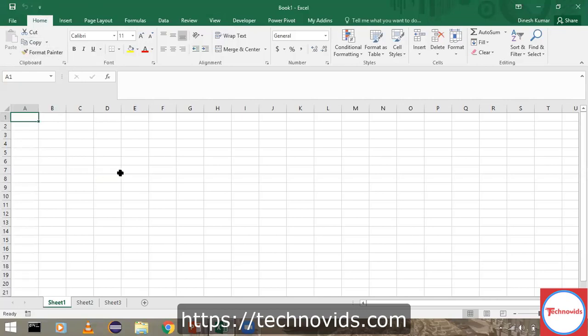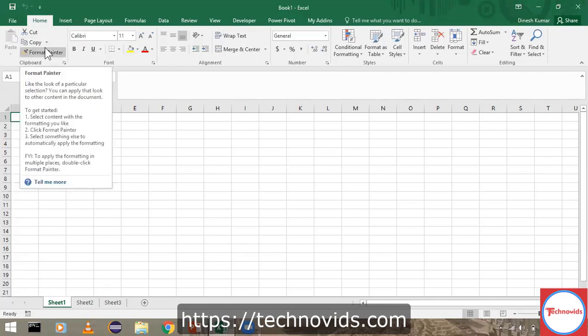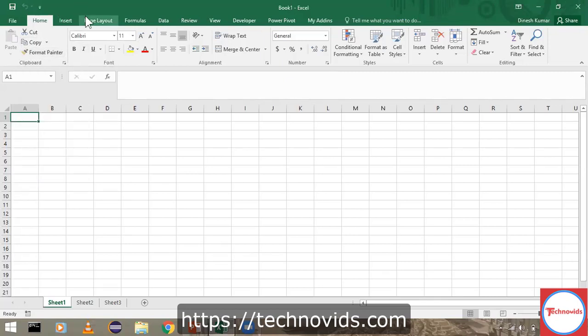Basically, if you try to understand the Excel user interface, I guess most of you will be using Excel in your day-to-day routine, but I'll just go through the important tabs available and what options are available in which tab. We have these different ribbons, as we call them: home, insert, page layout, formulas, etc., etc. These are called ribbons. Under each ribbon we have a specific set of options available. We need to understand and remember what options are under which ribbon for us to easily navigate to that particular tab and use those options accordingly.